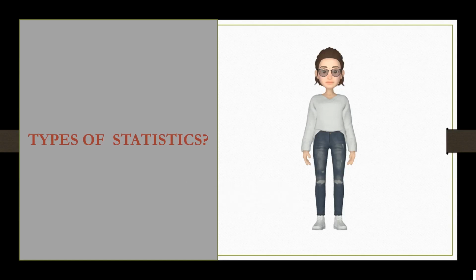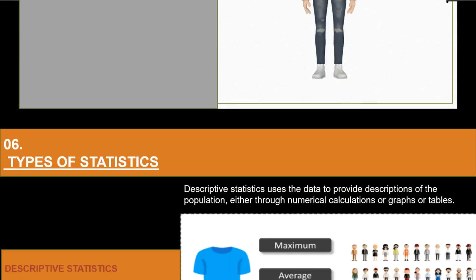Now let's move on and look at our next topic, which is the different types of statistics. After this, we'll be looking at the more advanced concepts of statistics. So far, we discussed the basics of statistics, which is basically what statistics is, the different sampling techniques and the terminologies in statistics. Now we look at the different types of statistics.